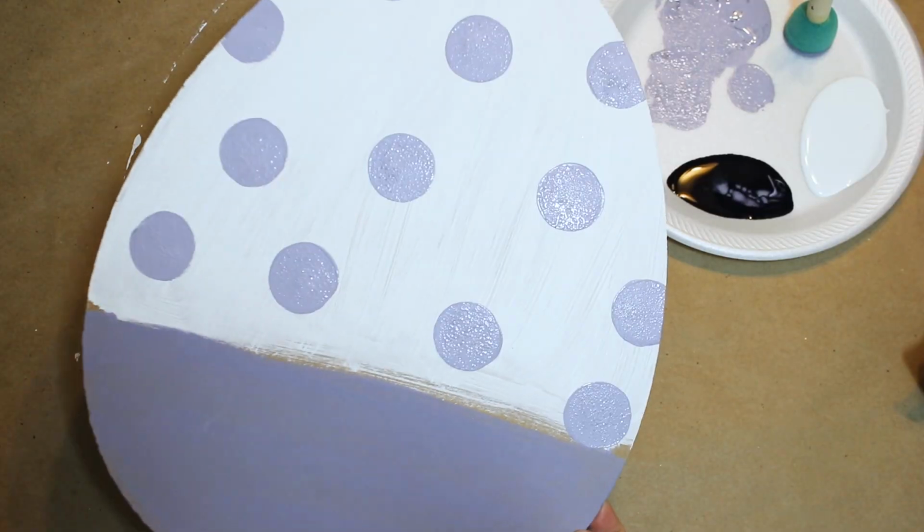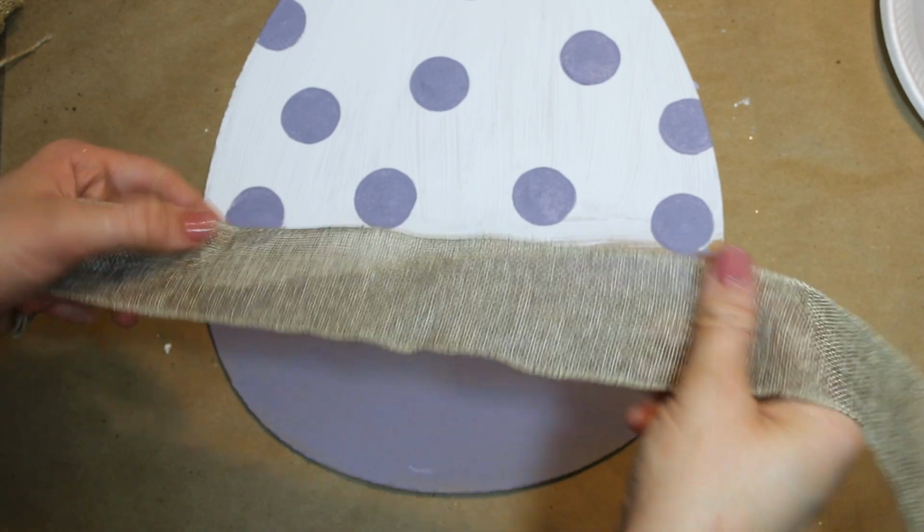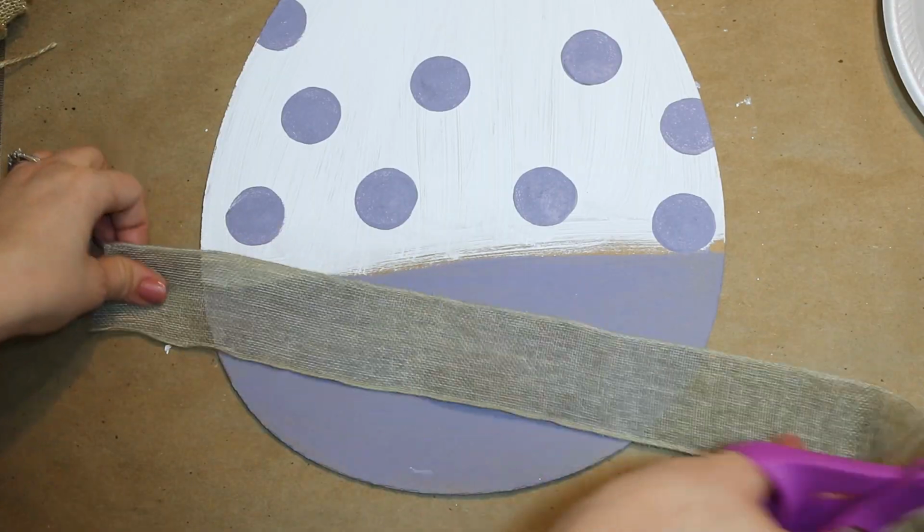Everything. After it had dried, I wanted to add in some burlap, so I'm just taking some of my Dollar Tree ribbon and I'm cutting it down to size. I did want this to hang over the edges so I could wrap it around and glue it down on